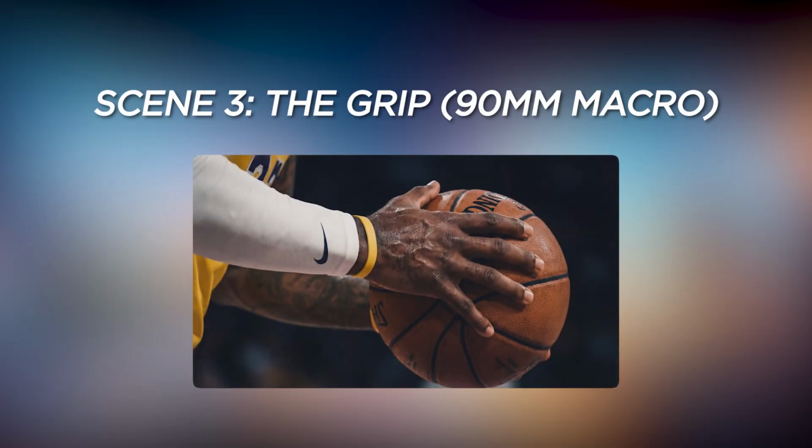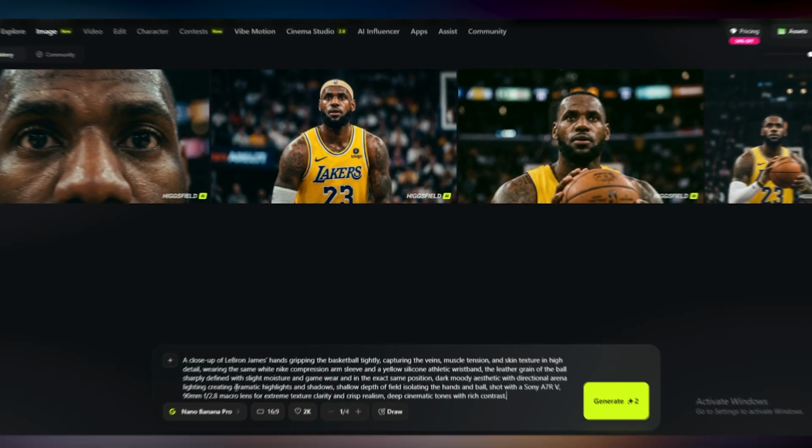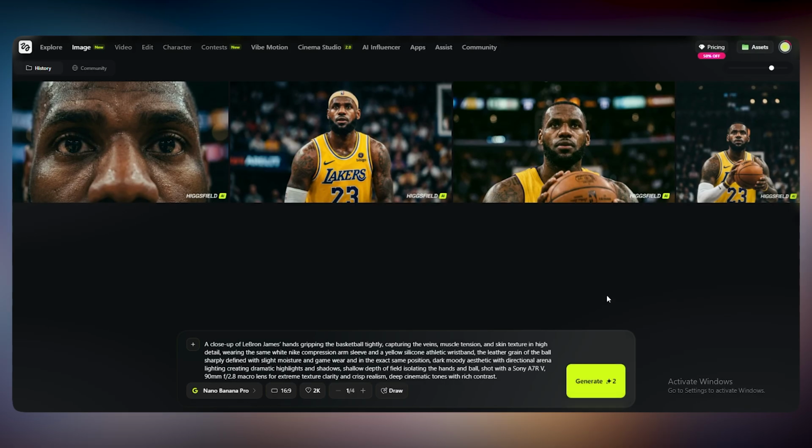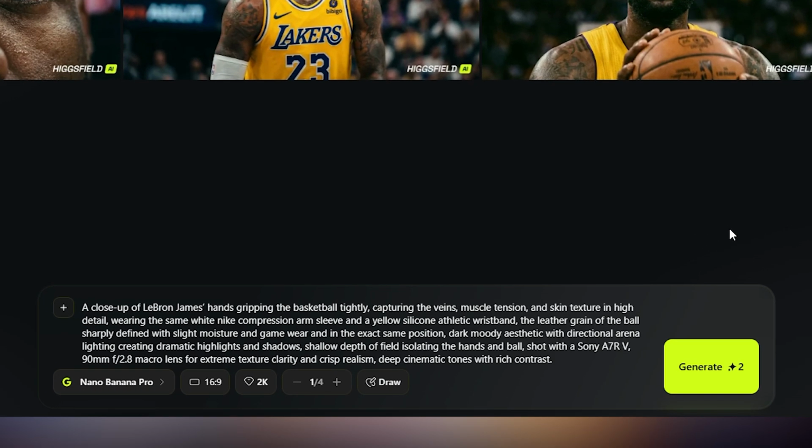Scene 3. The grip. 90mm macro. The connection between the athlete and the tool. We need to see the grip. A close-up of LeBron James' hands gripping the basketball tightly, capturing the veins, muscle tension and skin texture in high